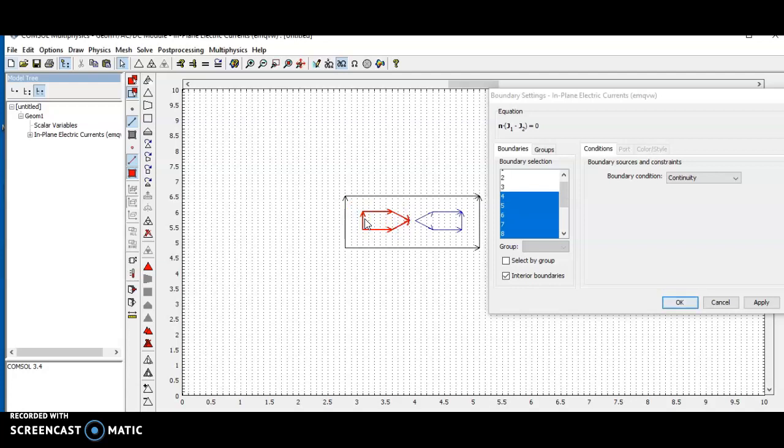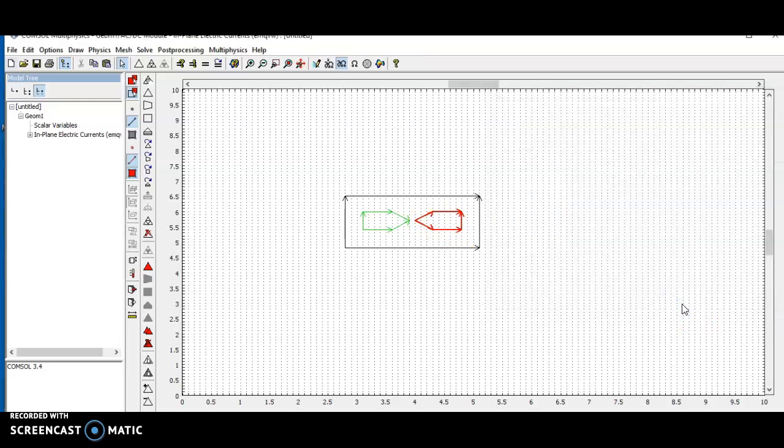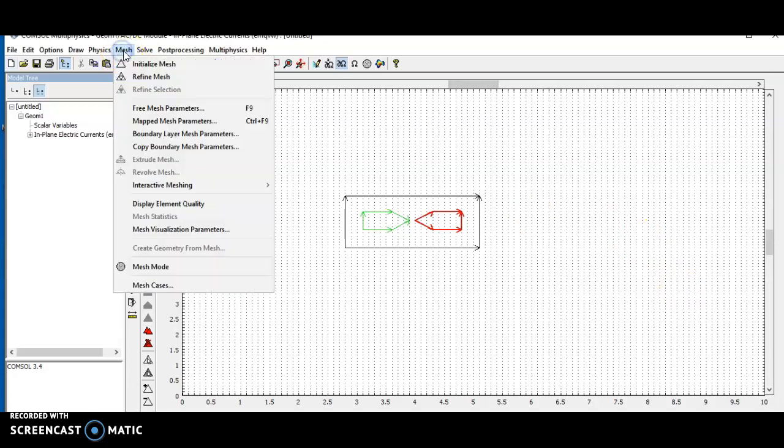So one should be at a potential and another should be grounded. So if I'm choosing this, then click the electric potential, 100 volt or 1000 or 10,000, whatever we like, then apply it. Then choose the remaining point electrode, on the opposite side of the point, then choose it as ground, then apply it and OK. So here we are giving electrical insulation to the outermost layer of the box, and one point electrode is at a potential of 100 volt and the other point electrode is grounded. Then we have to choose mesh, initialize mesh.